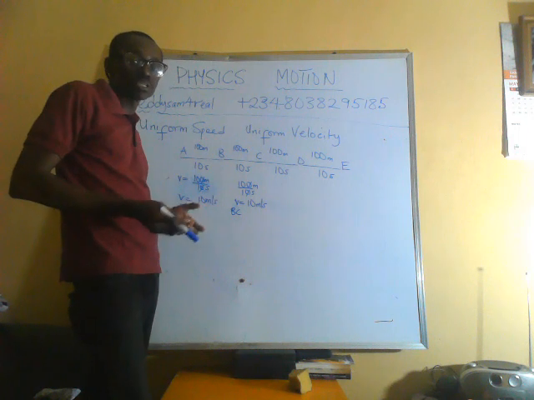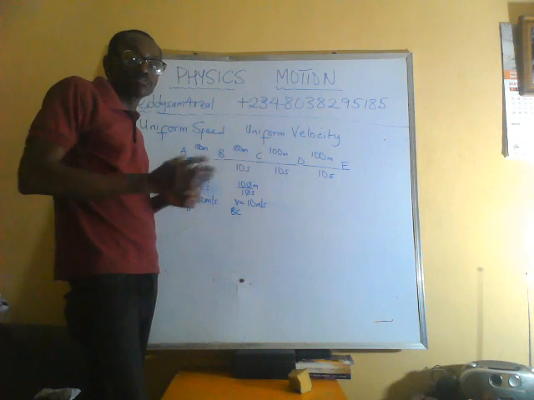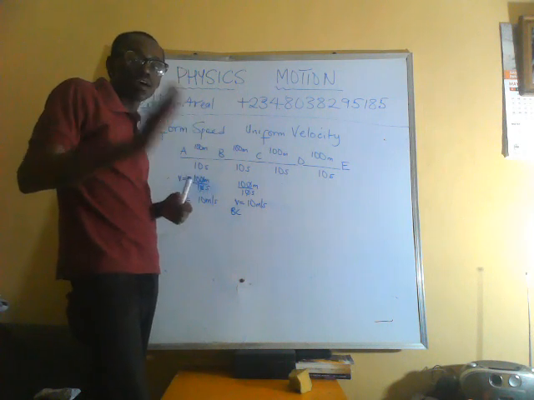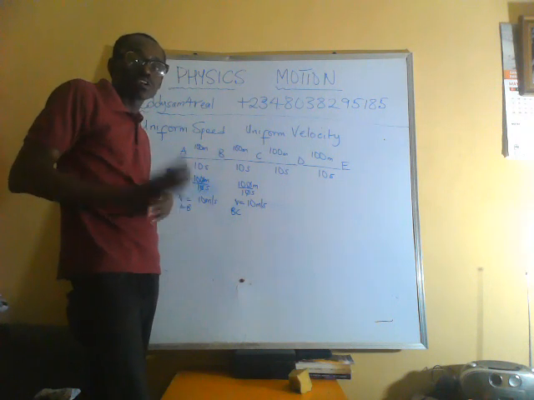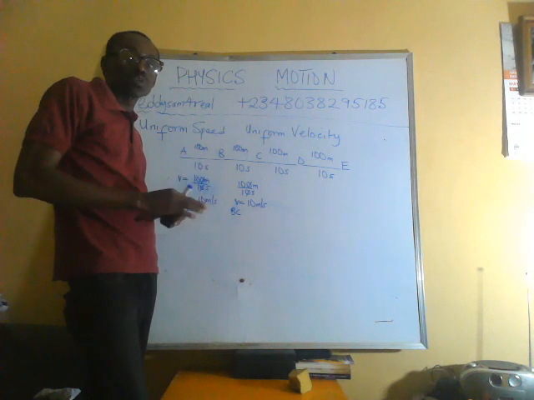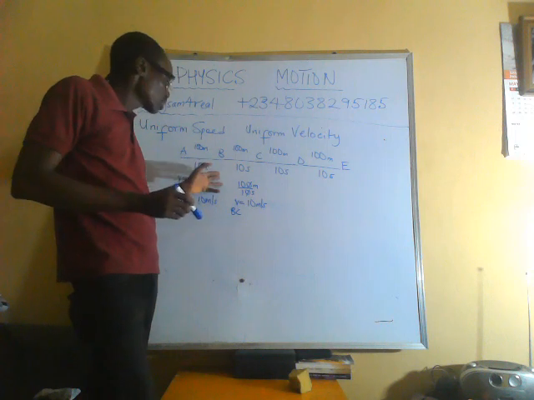What is uniform speed? Already, we've explained in the first lesson that speed and velocity are similar. It's just that one is scalar, one is vector. One has direction, one doesn't have direction. Velocity has direction, while speed does not have direction. So when is velocity or speed said to be uniform? Velocity is said to be uniform